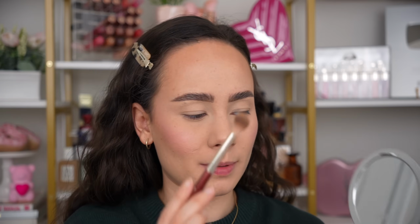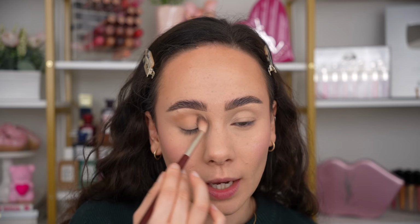For my eyes, I only have the Westman Atelier concealer on my eyelids. I'm so lazy to use eye primers, honestly. I just walk around with creasy eyeshadow. I don't care. The beauty of makeup is it comes off at the end of the day anyways. So if you're feeling lazy for the day and don't care, who cares? But I'm using the Dior bronzer in my crease. And we're going to play with